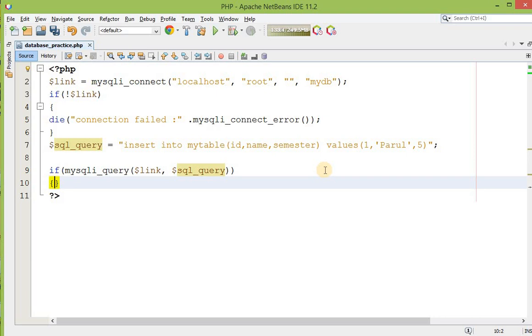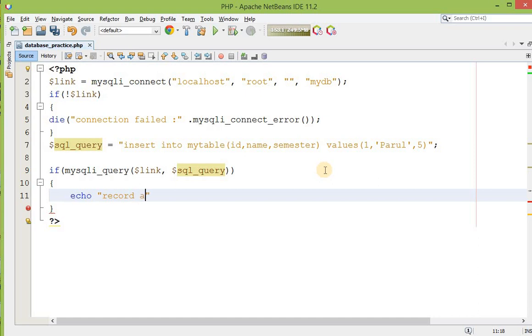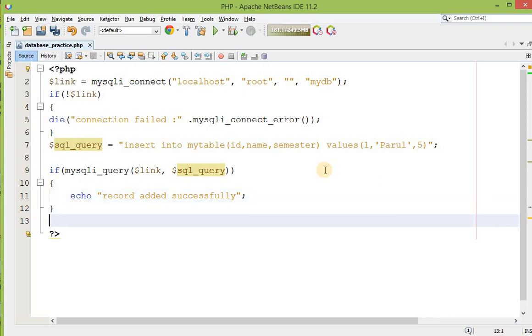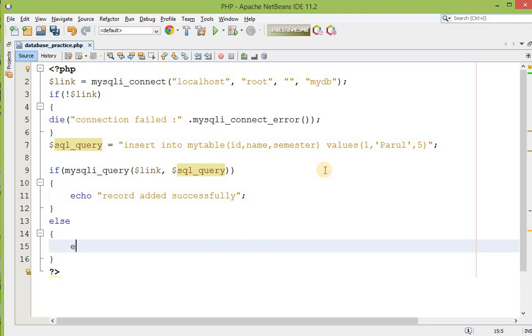If it is executed successfully, then echo record added successfully. But if there is any mistake over here, then echo error.